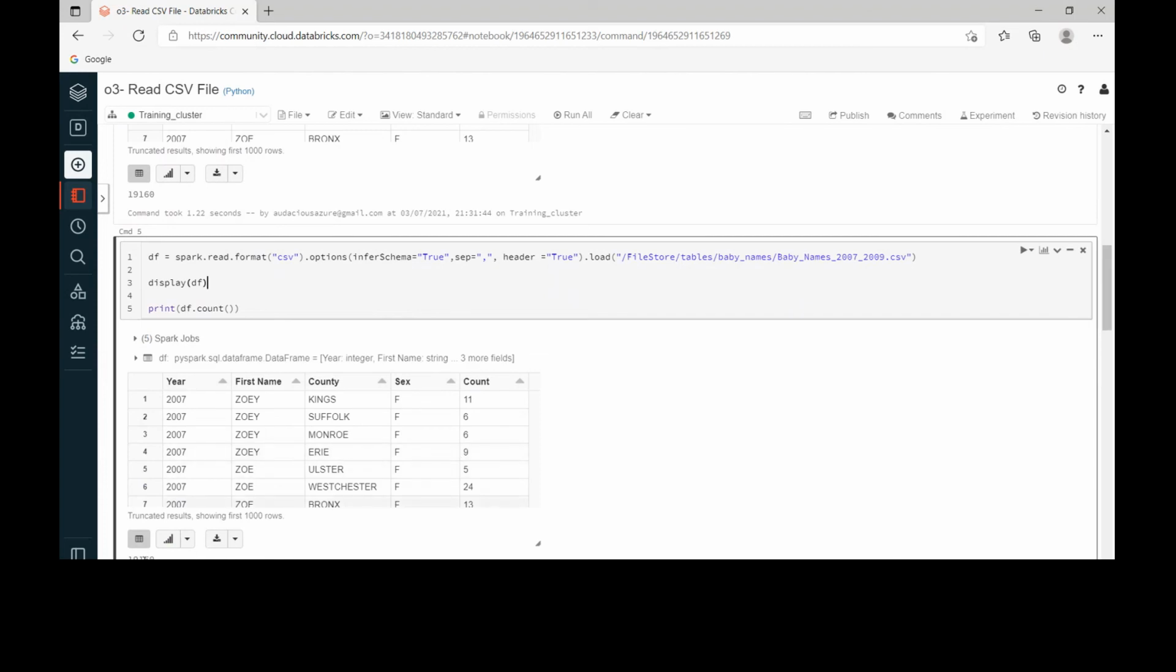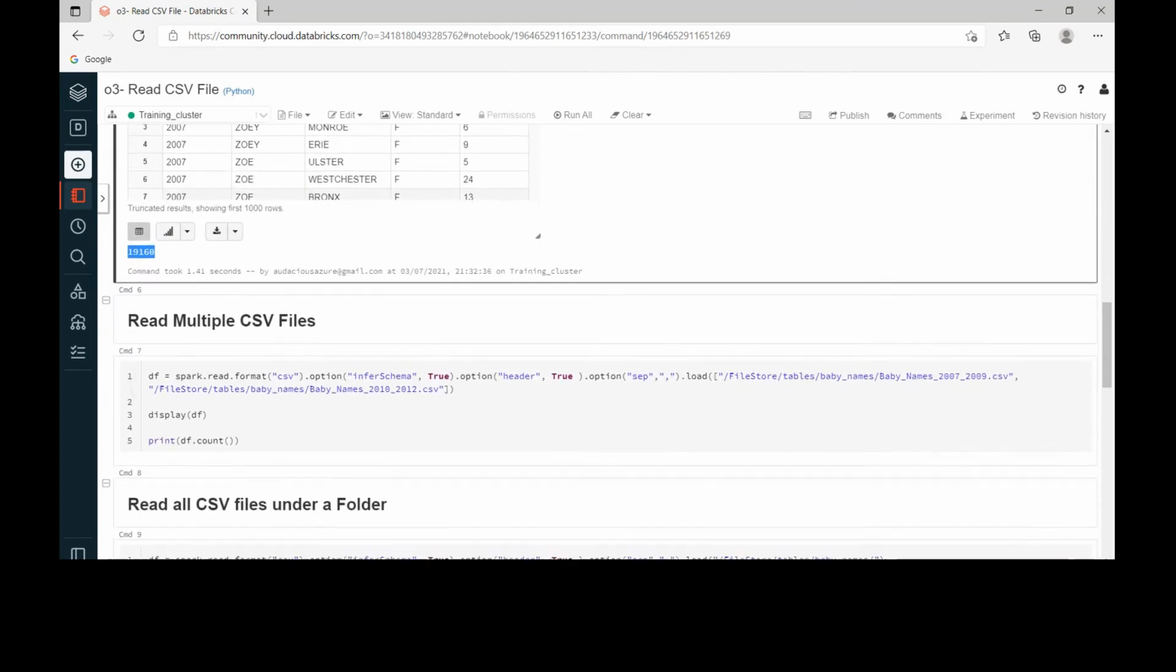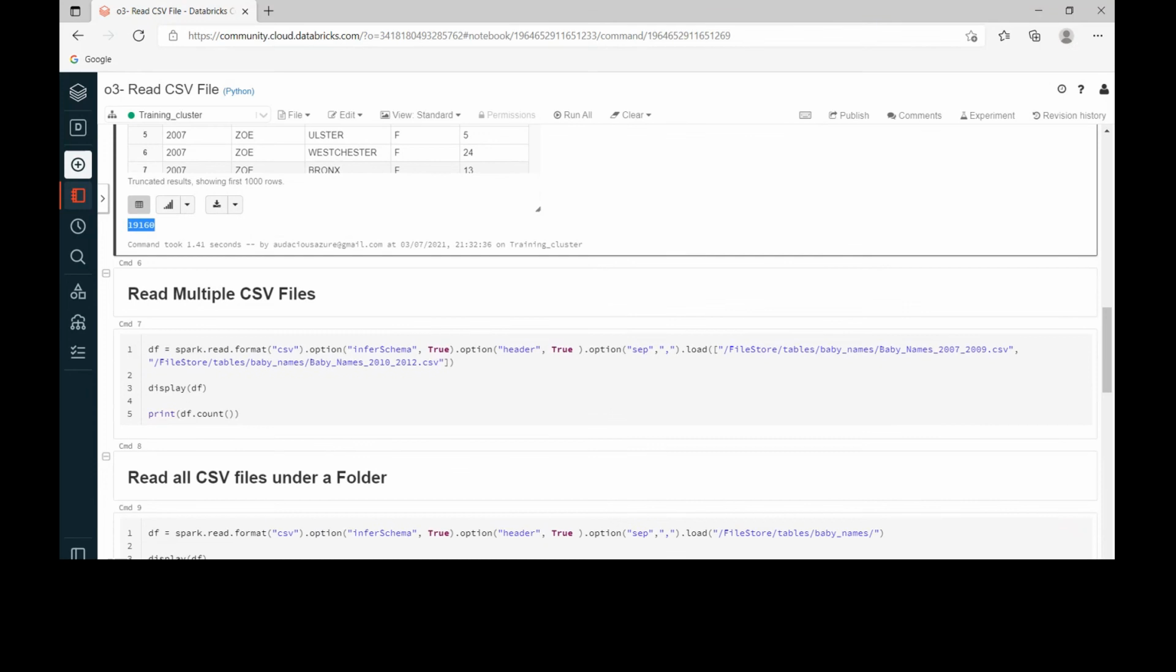Great. It has created the data frame, and the number of records is 19,160. And moving to the next technique,